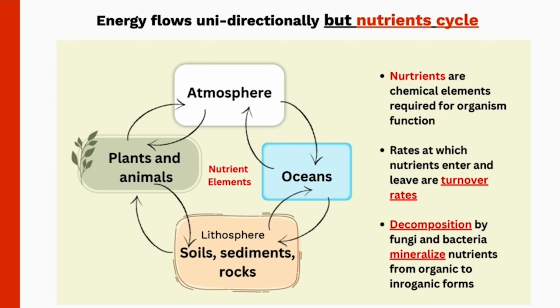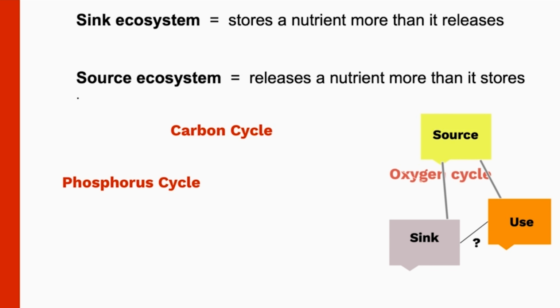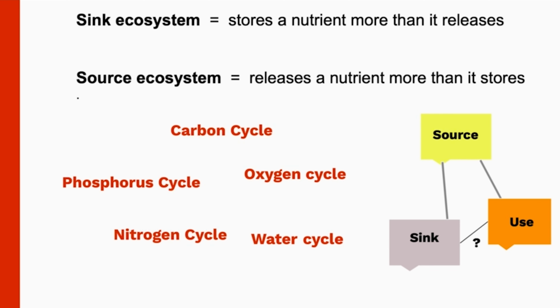How nutrients, which are chemical elements required for organism function, move through the biotic and abiotic world, defines the nutrient cycle. Rates at which nutrients enter and leave are referred to as turnover rates, and decomposition by fungi and bacteria detritivores, nutrient cycle heavy lifters, convert or mineralize nutrients from organic to inorganic forms and are significantly influenced by temperature and moisture. Pools, stocks, or reservoirs are where nutrients are stored, and if an ecosystem stores a nutrient more, it is referred to as a sink ecosystem, and if it releases more than it stores, it is referred to as